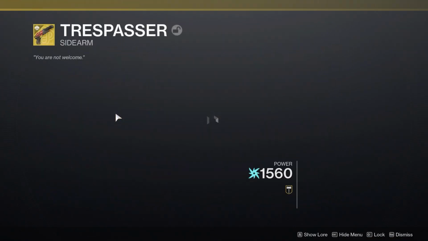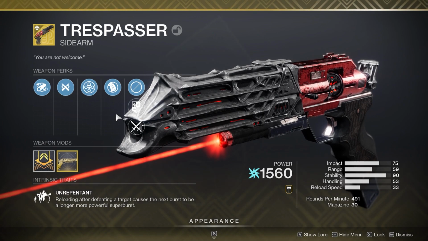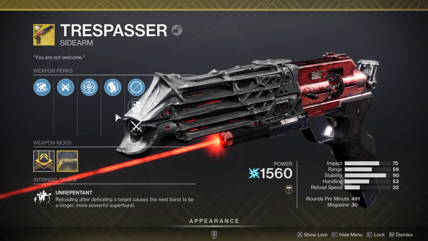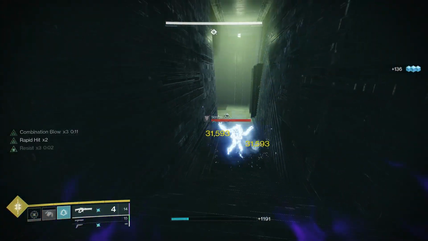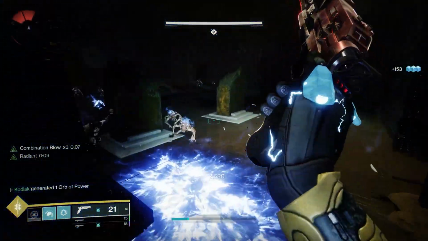First up, I'm going to recommend the Trespasser, which is this season's new exotic. Trespasser's intrinsic trait gives it a multi-shot burst after reloading after getting a kill, and this thing already hits like a truck with this burst, and when you have Font of Might and Radiant on top of it, it deals so much damage. This is one of my favorite ways, arc-wise, to just have insane amounts of ad clear,